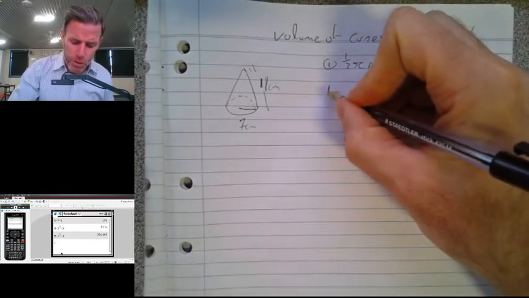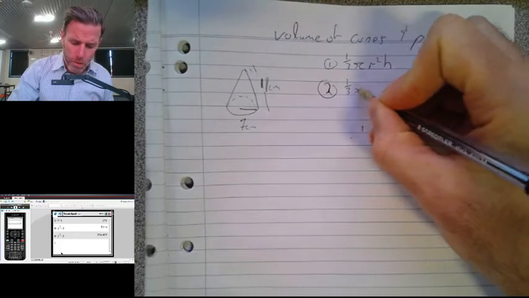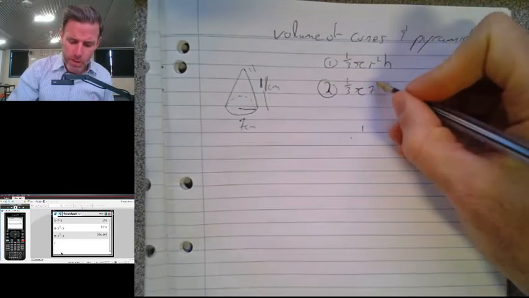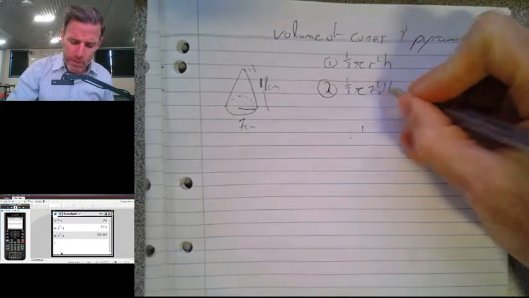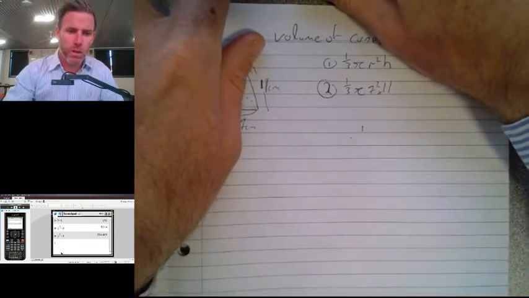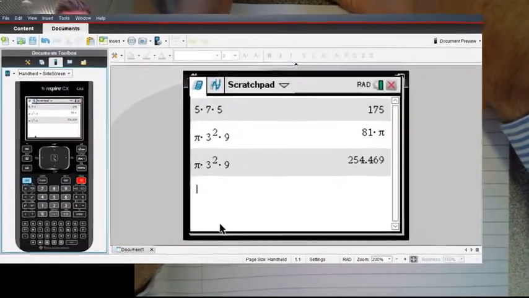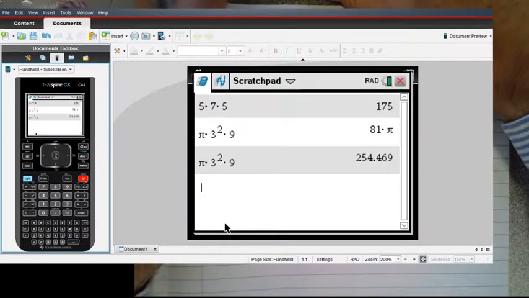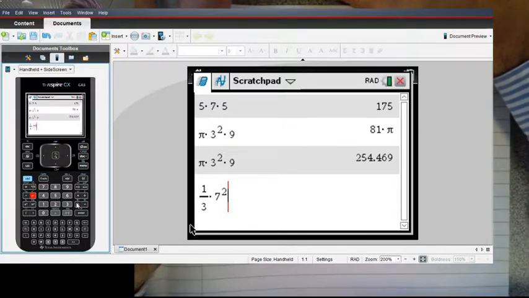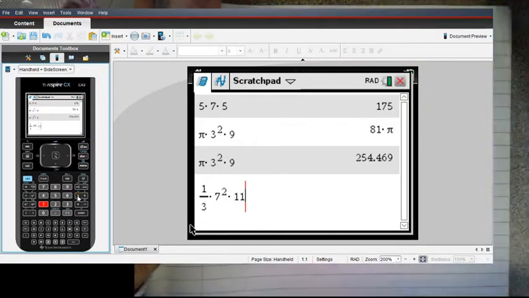Second, we substitute, so it's 1/3 pi. The r we see here is 7 squared, and the h is 11. Then I'm going to drag my calculator over and look at how to do this in the calculator. So it's 1, and then I press the control button to get that symbol. Move along here, times 7 squared, times 11, and my answer is